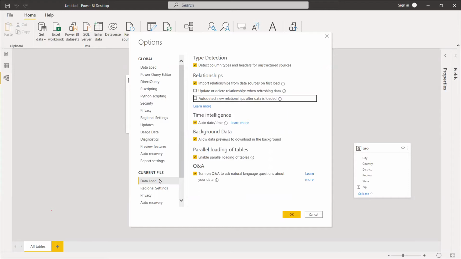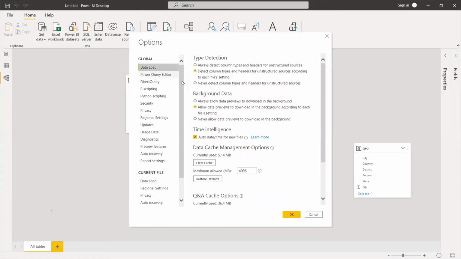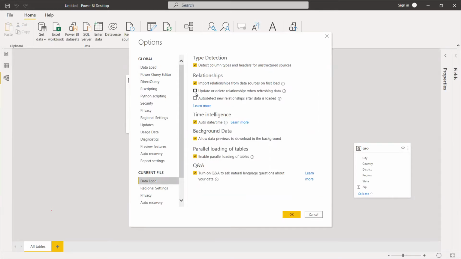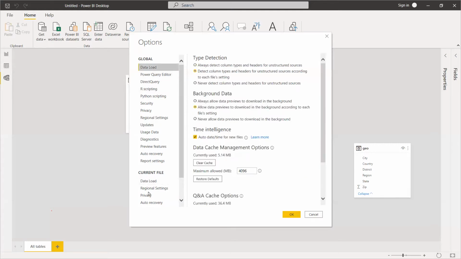If it needs to be specific to this file, it would be current file. But if I need this for all my files or upcoming files, I could make that selection in global. So here the feature could be turned off. That's the difference between global and current file.